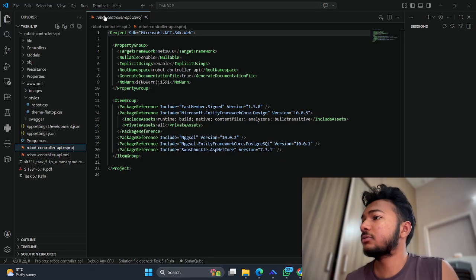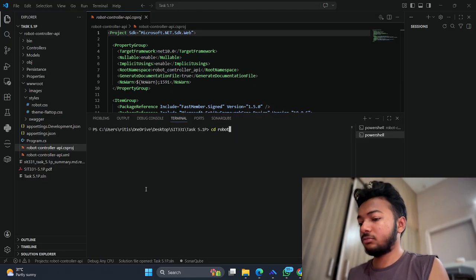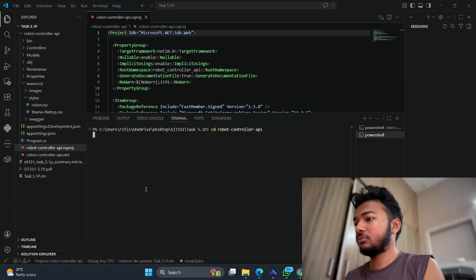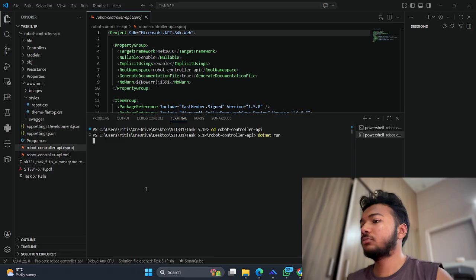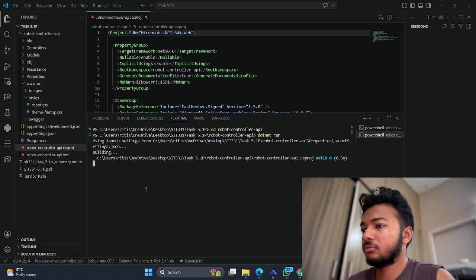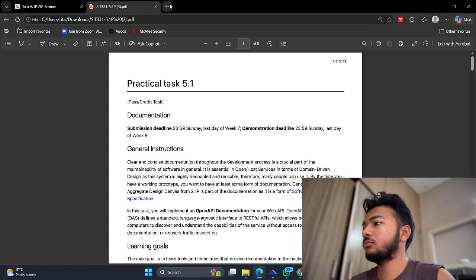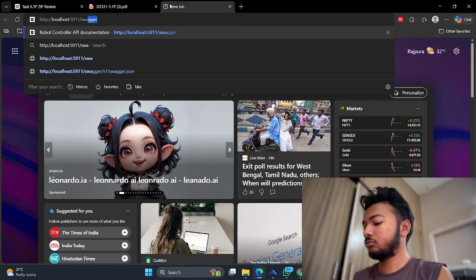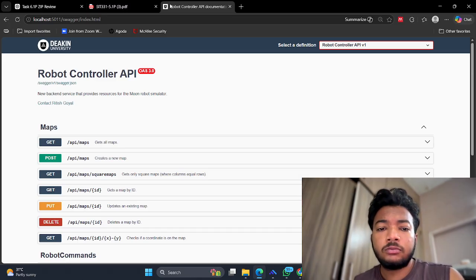Now let's run the code. Now let's test each endpoint.